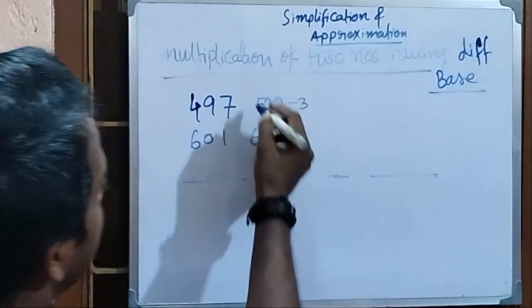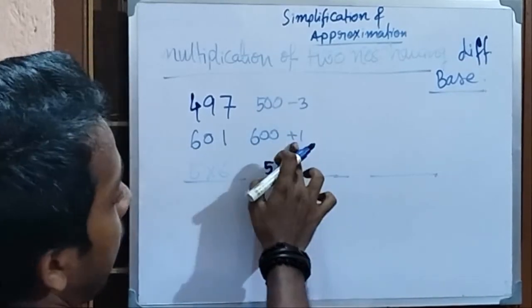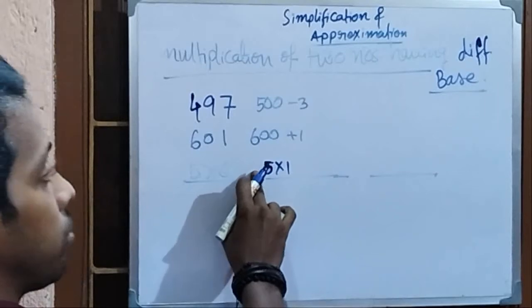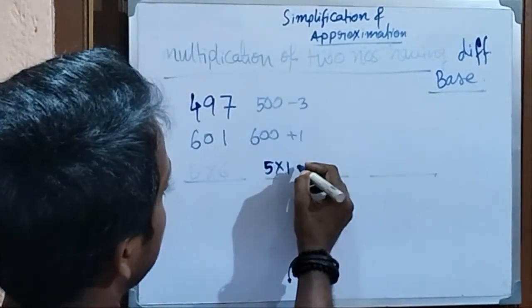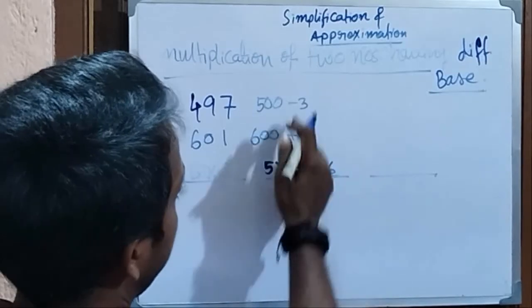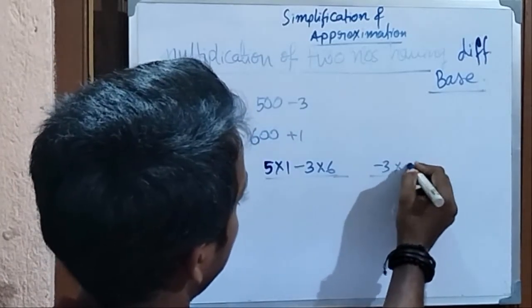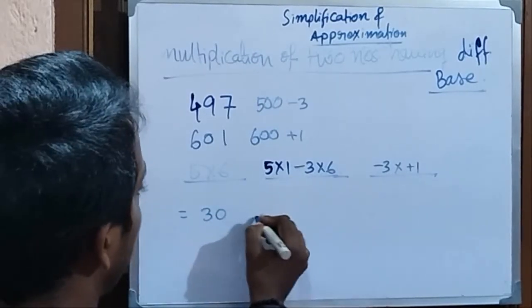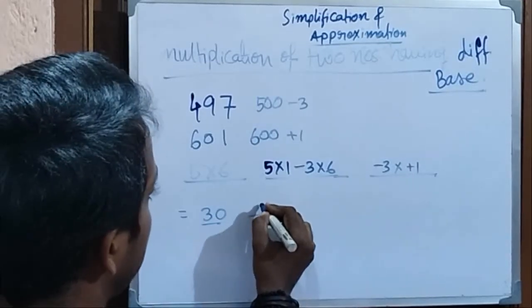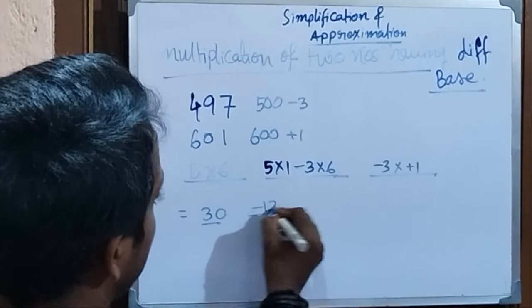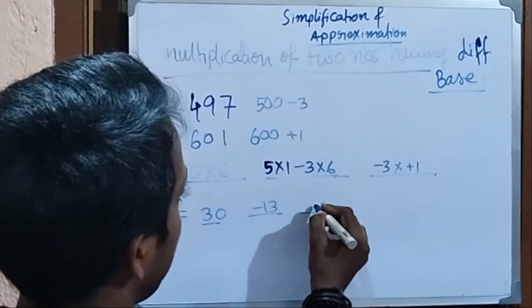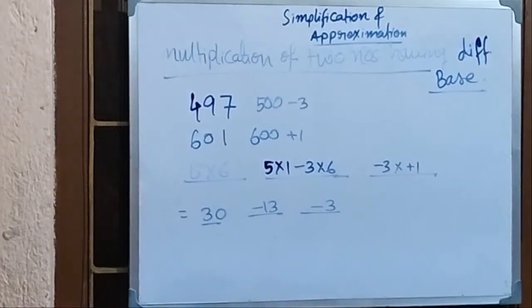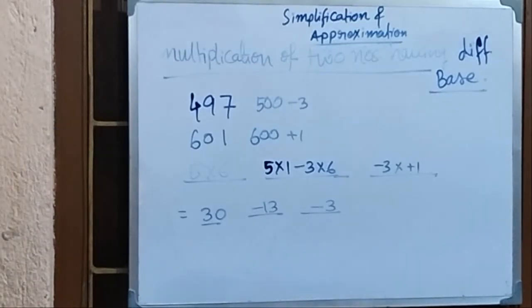Now moving to the next part, 5 into 1. This is plus, so 5 into 1 is okay, or you can also use the plus sign here. Now here it's minus, so minus 3 into 6, and here minus 3 into plus 1. So what will it give? 35 in the first part, and in the second part 18 minus 13, and the third part also minus 3, right? So here comes the tricky part. What will you do then? In both the cases it comes up as 9. Why do you take carry?